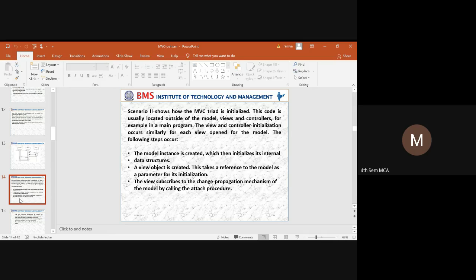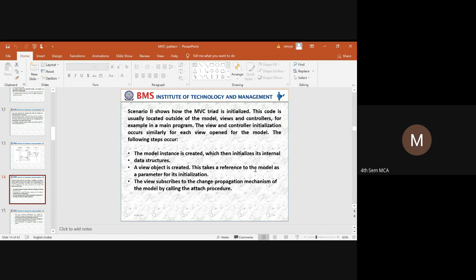The next thing is how the MVC pattern is initialized. The first step is that an instance of the model is created, and then all the internal data structures are initialized.